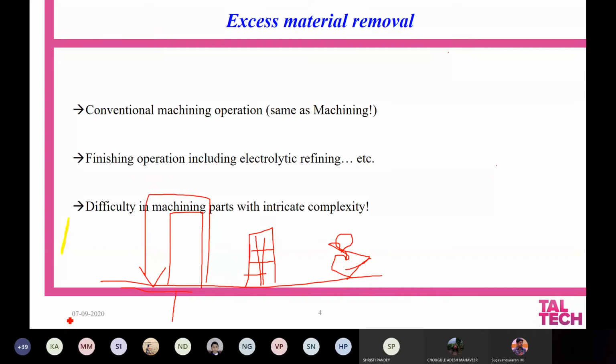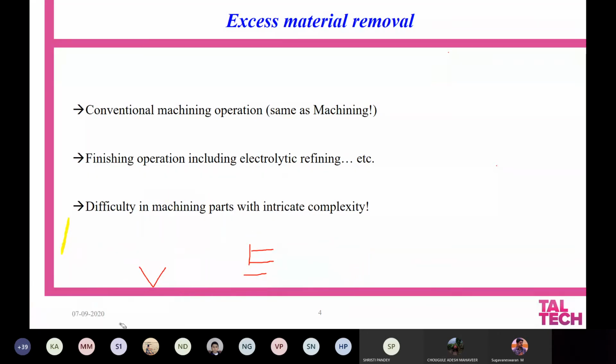The more complex the part is, either the shape or the complexity, it is going to be very, very difficult to machine any part and simultaneously get the properties that are intended for any real-time applications.